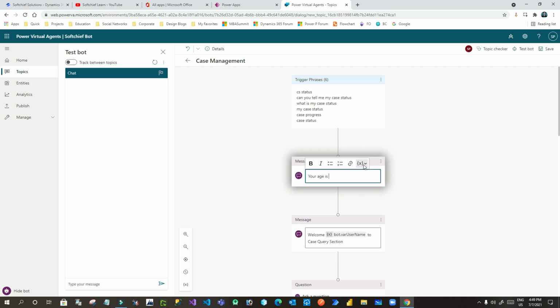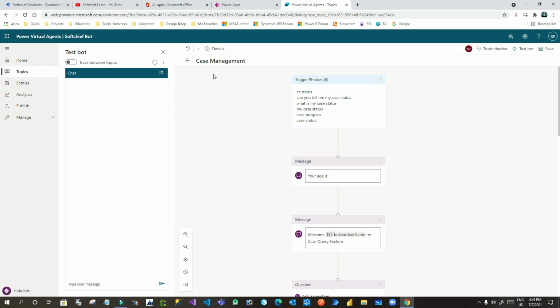Can you see that if you click this variable, you will only see the username, because this is a variable declared in the greetings topic with bot scope. But you cannot see the age variable, right? Because you have not declared that scope as bot. You have declared that scope as local to the topic.